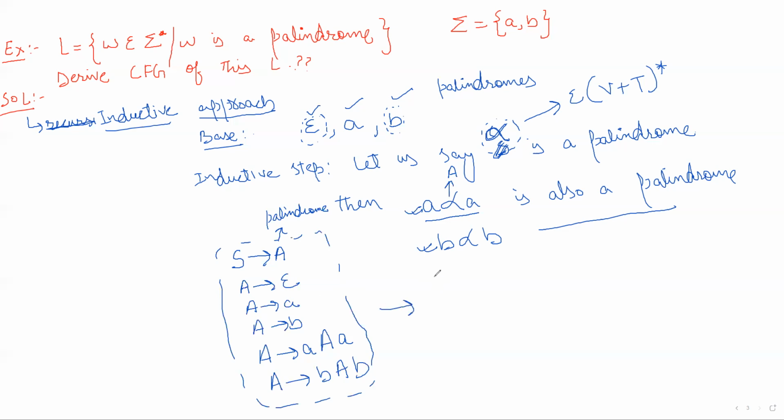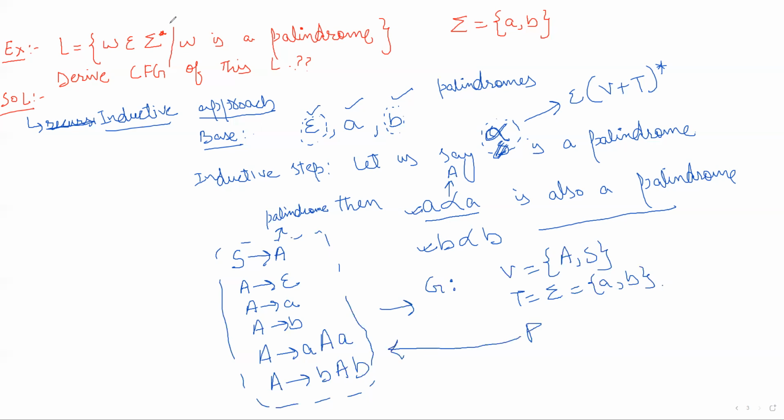So what is the grammar? The grammar is, it has V equal to, so what are the non-terminals? A and S. What is the terminal set, or we can say alphabet set? It is a, b. Okay, starting symbol is S. And what are the production rules? The production rules are these.